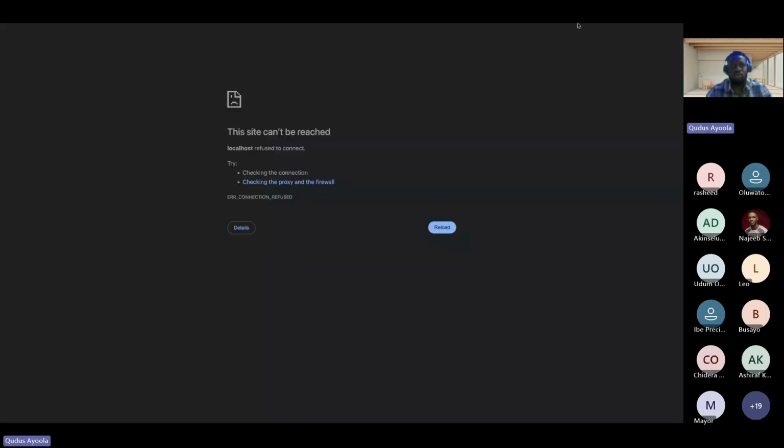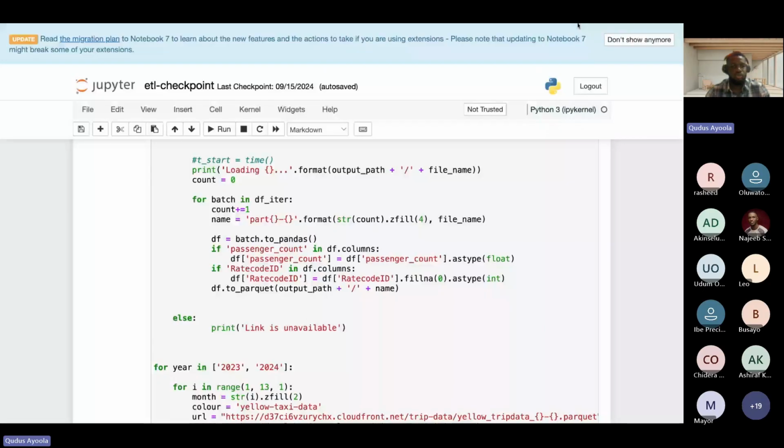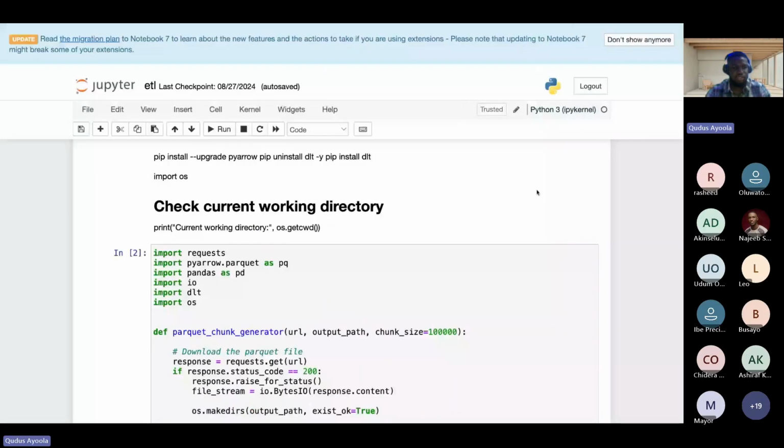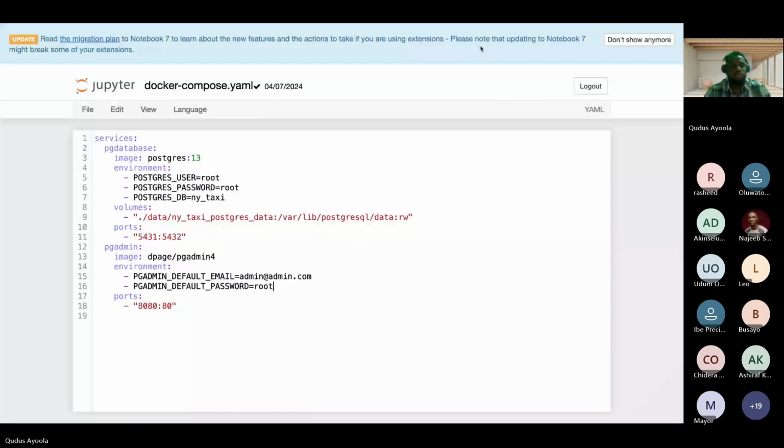So if I had my Docker running, this is meant to show me my Postgres environment. Basically, if we're working on VS Code, I can have my Docker running, then spin up the Docker compose file whereby my Postgres database will just spin up within the Docker environment.